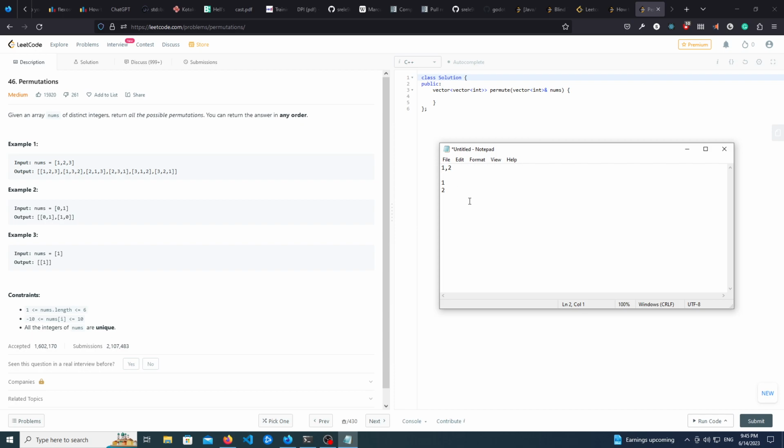Permutations are for each number combined with permutations before. So permutations of 2, we have 1, 2 and 2, 1. And we can see that's true. And that's, you take 1, so permutation of 2 is take this and combine with the previous permutation of 1 of 2, and then take 2, and